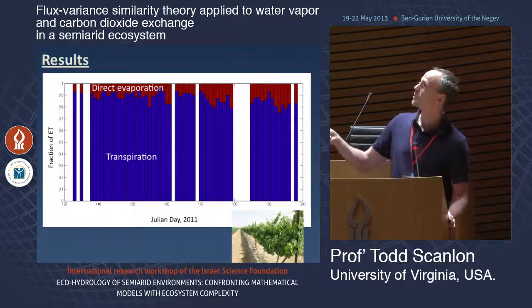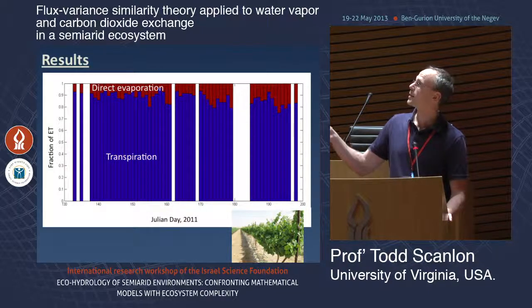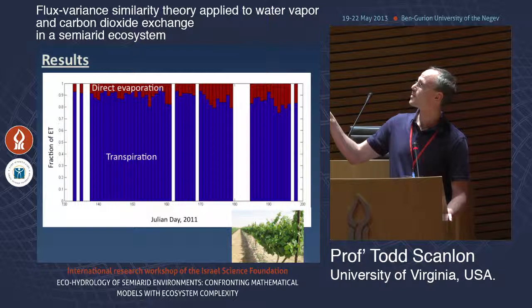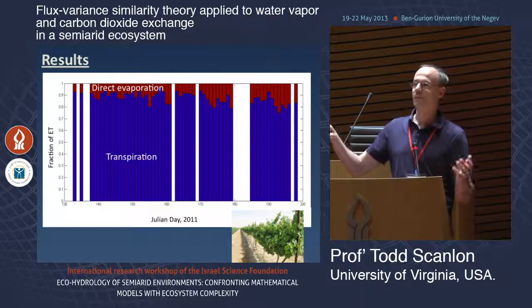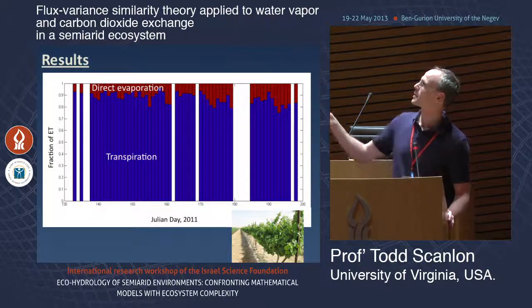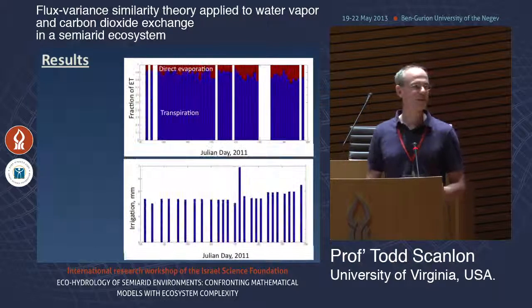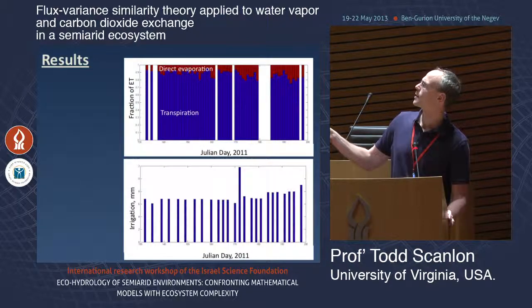And in terms of the fraction of ET, this is about as good as it gets in terms of irrigation. You see that about 90% of the evapotranspiration flux is coming from direct evaporation. It does kind of get worse as we move into the second half of the growing season, but that's still about 80%. Looking into why there was that reduction, I think it's pretty clear if you look at the irrigation